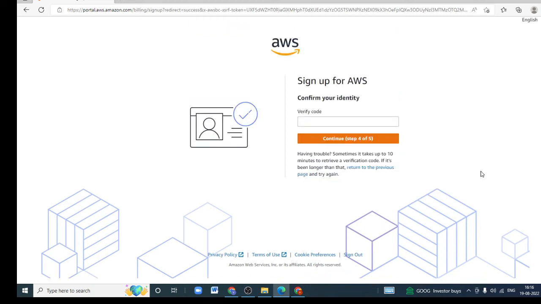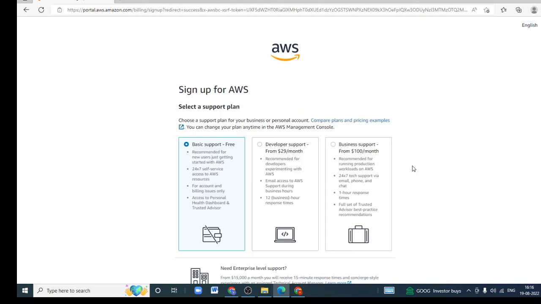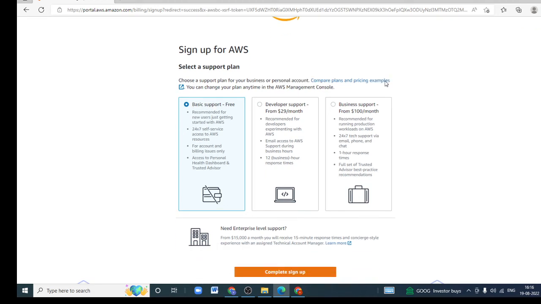I'm entering all the details. I'll get one verification code on my mobile, and that verification code I am entering now. Yes, I have entered that verification number. So now you see, once you give those details, before you sign in to the AWS account,